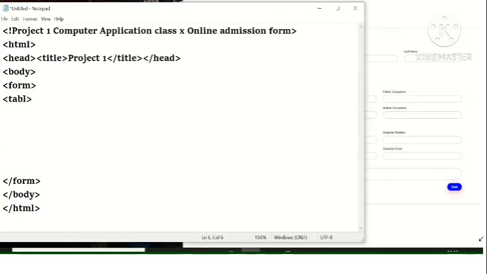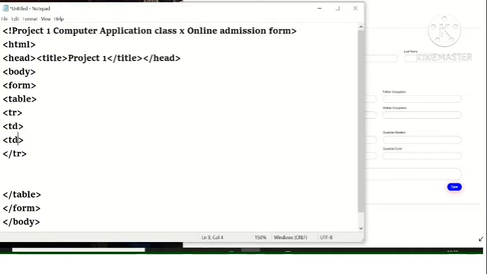Students, in this program we will be declaring a table inside the form tag so as to get the desired layout of the form as is shown in the image, so that we see the fields next to each other. Otherwise, they will appear one below each other. To make them appear side by side, we are adding a table into the form, and respectively we declare table rows and table data.